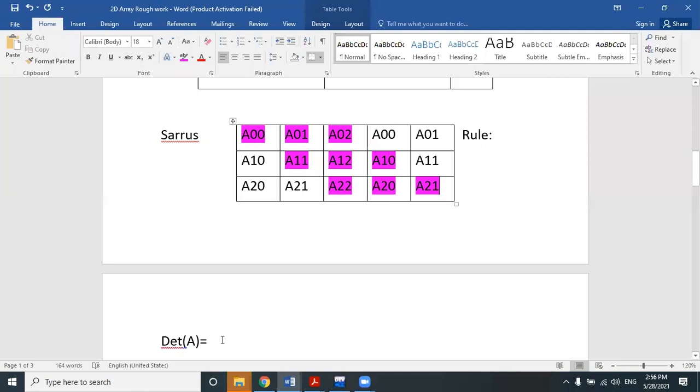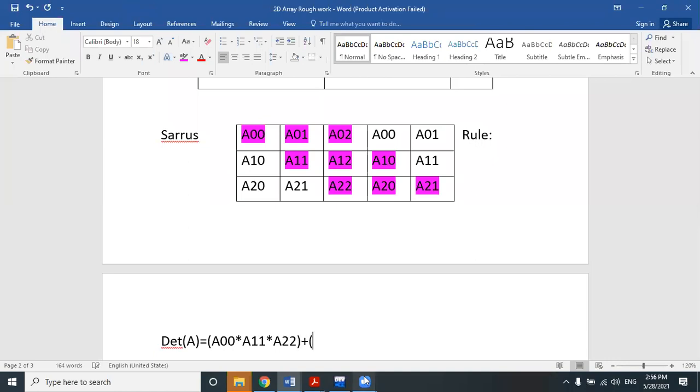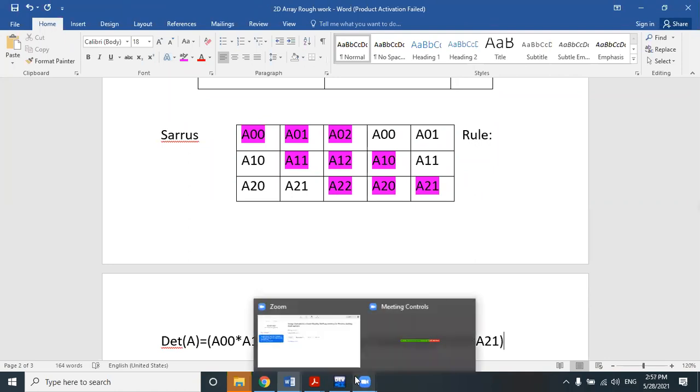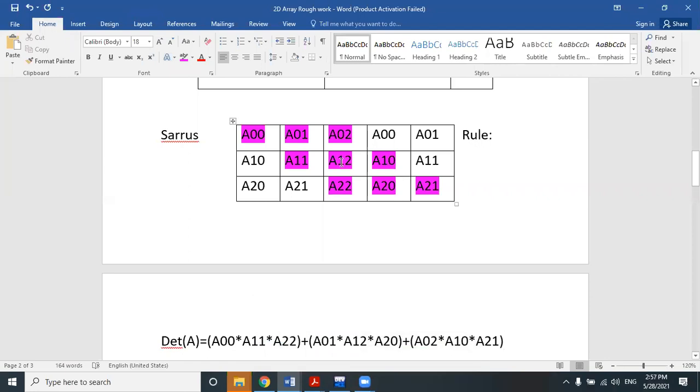So our first item will be A00 into A11 into A22, plus our second item will be A01 into A12 into A20, plus our third term will be A02 into A10 into A21. Clear? Is it clear?